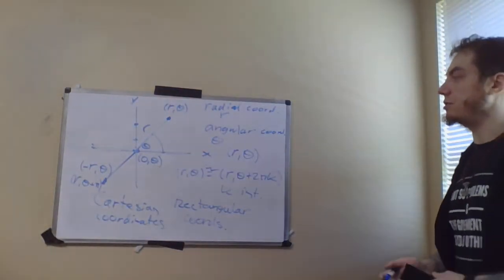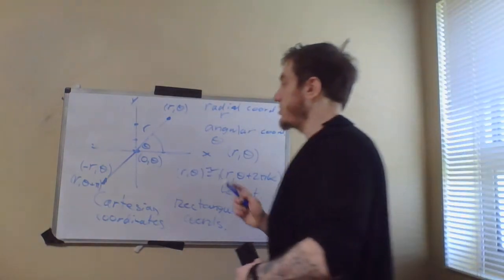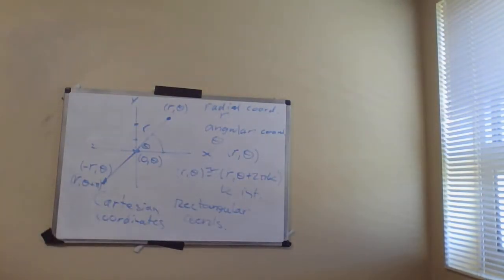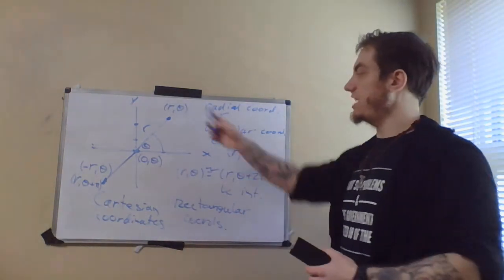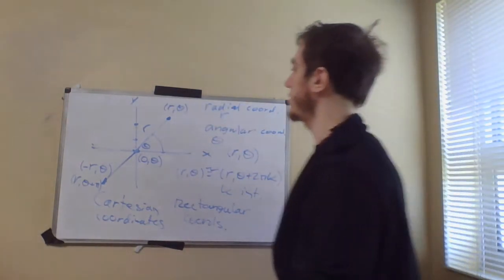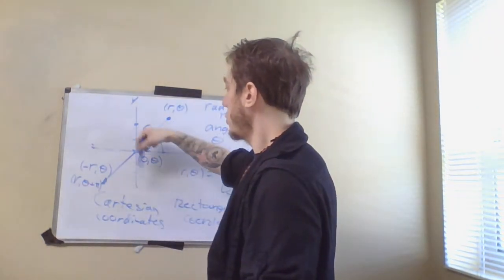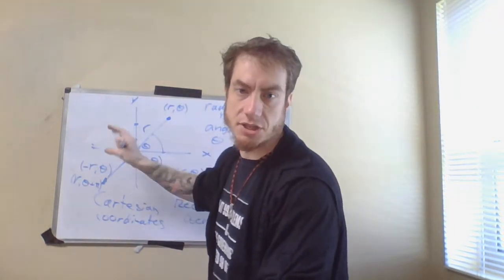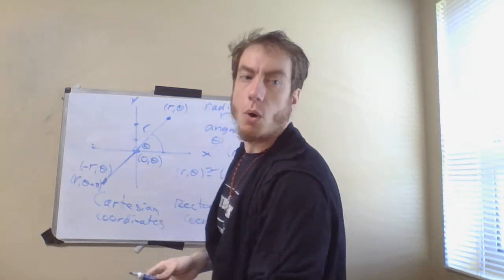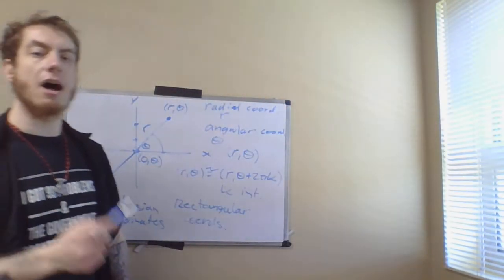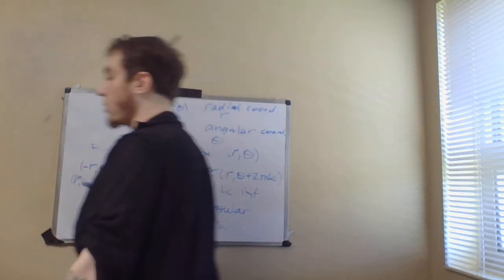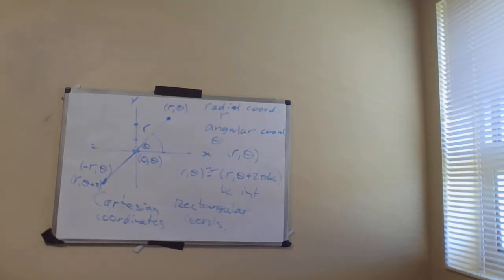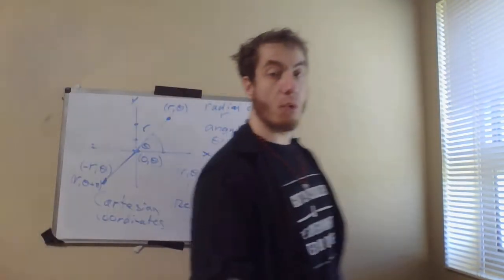Now, why would you ever want to do this, really quickly, before we get into how you locate points? Well, the reason you'd want to do this is because there are a lot of physical systems that tend to exhibit what is called rotational symmetry. In other words, you might have a system that is really, really nice under rotations. It doesn't change when we rotate around the origin. Or maybe it changes, but it doesn't change a lot. And things like that can actually be expressed using polar coordinates and equations in polar coordinates in a really nice way. For example,